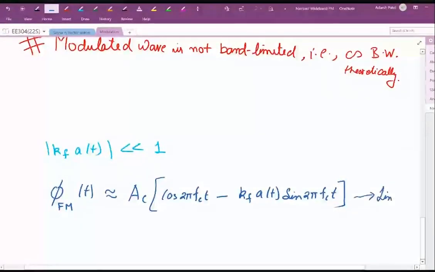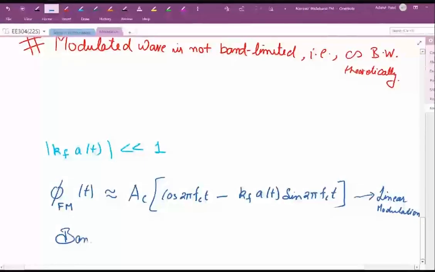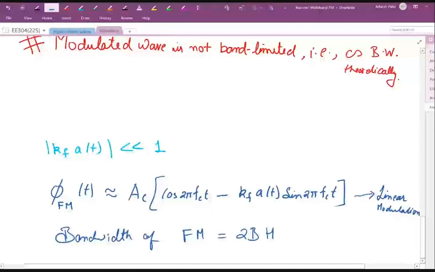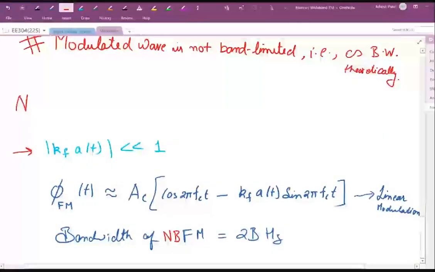So this becomes, because of this approximation, linear modulation. And what is the bandwidth of this FM? Bandwidth of this FM signal is 2B. Yes, correct. So because its bandwidth is 2B, we call this thing narrow band FM, and this approximation gives us the narrow band